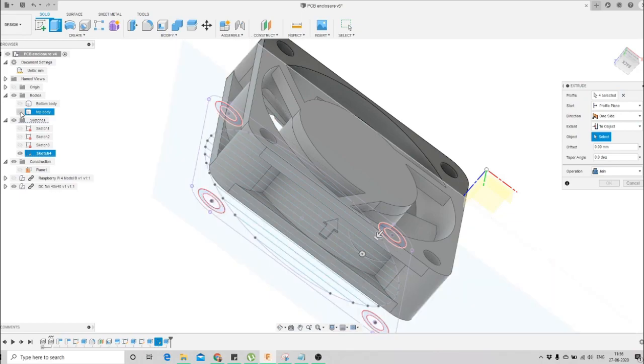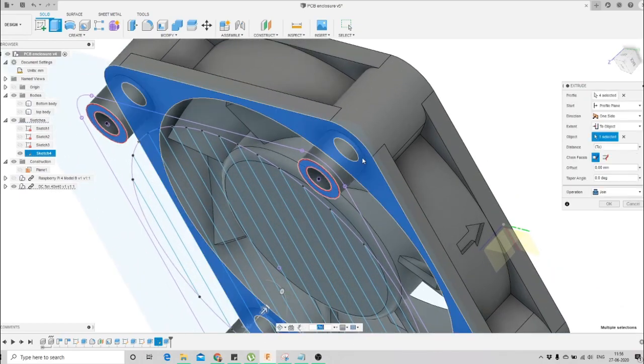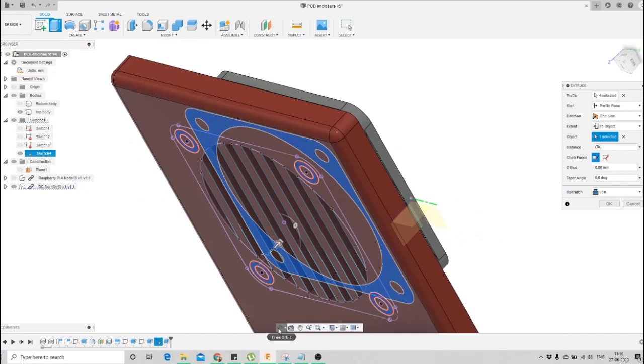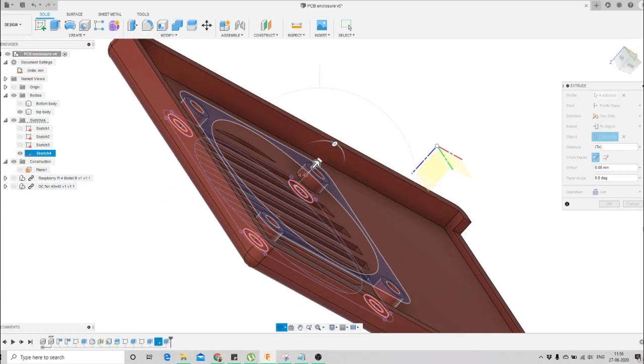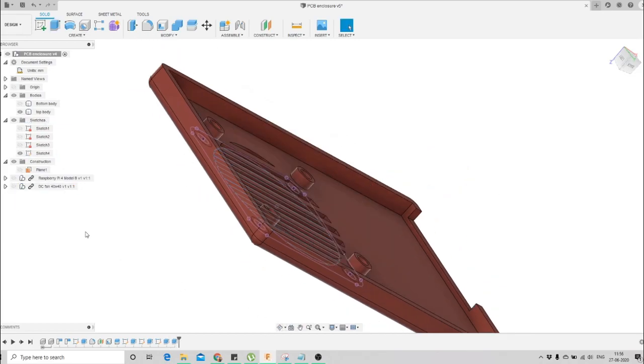So then we'll turn off our body, select this object, and then turn on our body, and then we'll turn off our fan, click OK. Also we'll turn off our sketch because we are done.